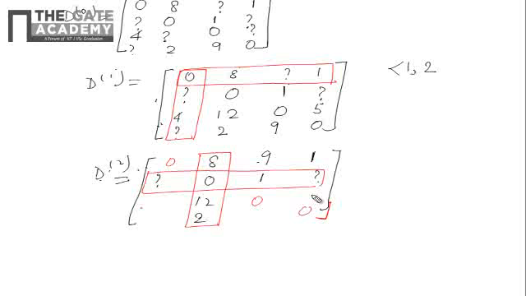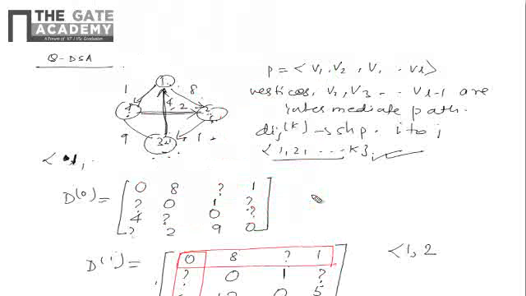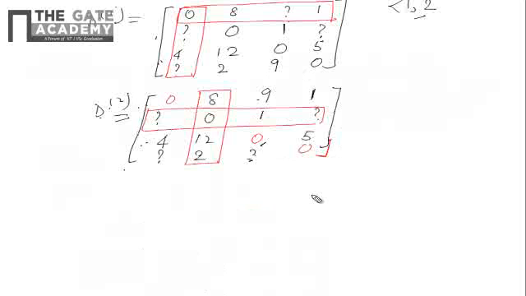Now come to the third one. The third one is 4 only, 4 12 0. Now 4, this will be the same as it is. Now check 4 comma 3. From 4, now 2 is there, right? So 2 and 1, because 2 is there in the set, so you can choose 2 here. So 2 comma 3. So 2 plus 1 is 3, so this is 3. So this is the D2 value.